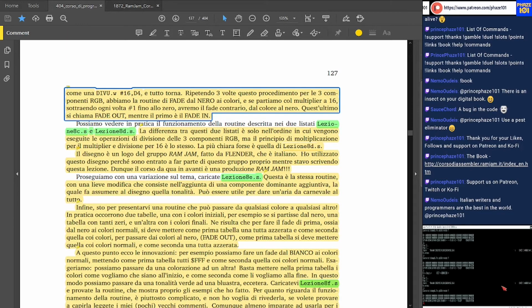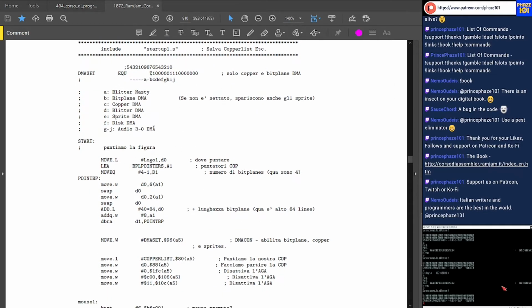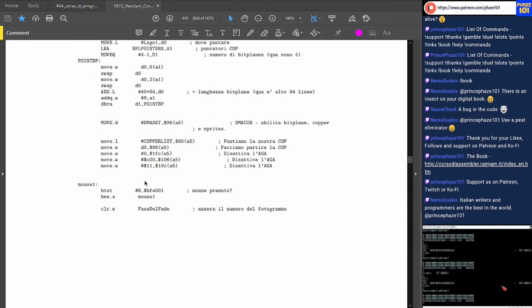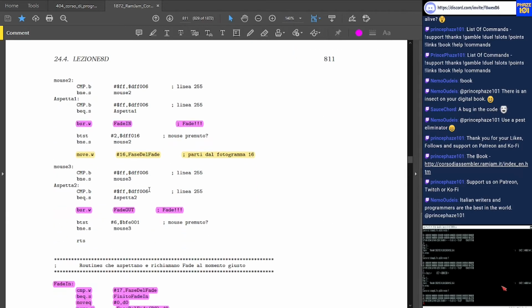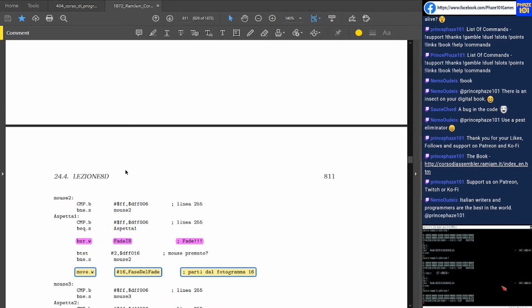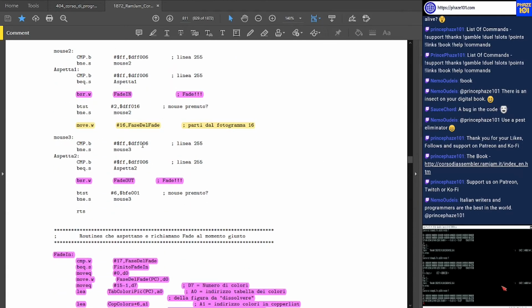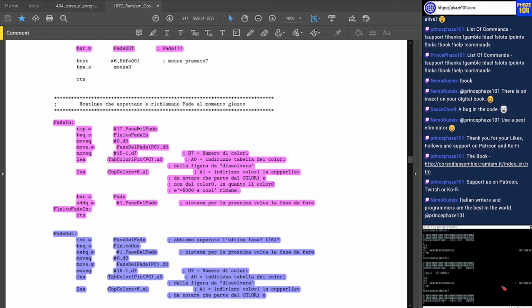But we need the exercises. Okay, so the first part I'm not going to explain, okay? I already explained it. The code doesn't really change. And you can see here we have our routine, fade in, and here we have our fade out. And notice that here we initialize the fade in, fade out with the fuzzy del fade at 16, and before we initialize it at 0, here we clear it out, which I didn't highlight because it's normal. You will notice that this routine,